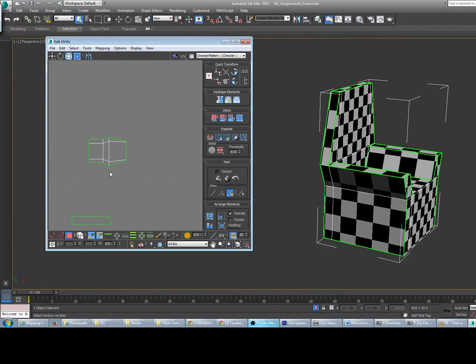Like here I can, let's see here, let's find, so I've got my top here. I can go into the edge mode and stitch this top here. And of course I want to scale it a little bit bigger, so I would actually grab this and I'm just going to move it over here. I'm going to move this over here like so, and I'm going to stitch, and so that's nice and straight. And then I'm going to grab this and move it over here, and then I'm going to stitch,